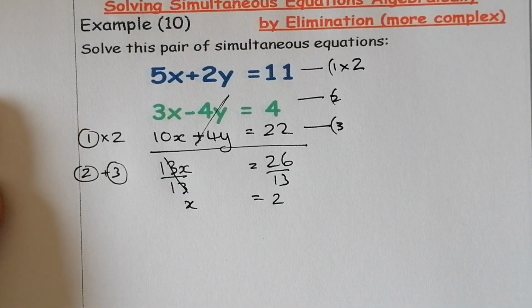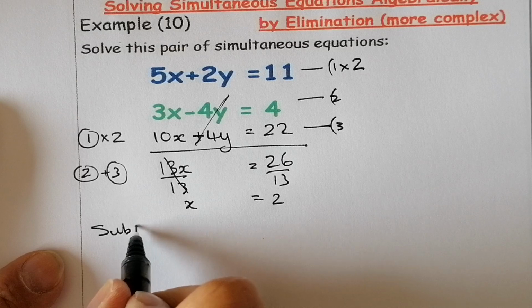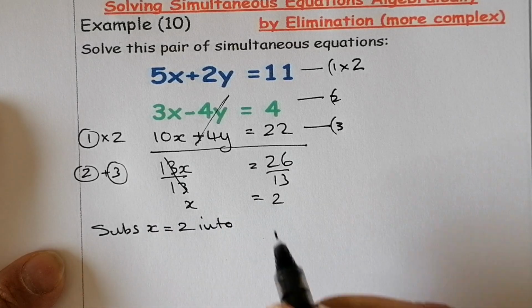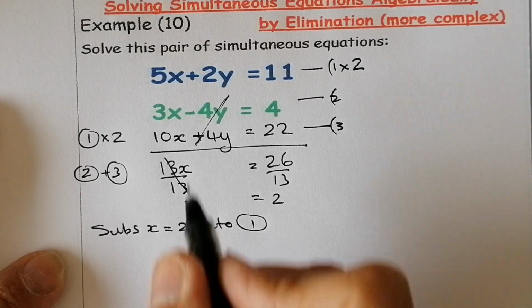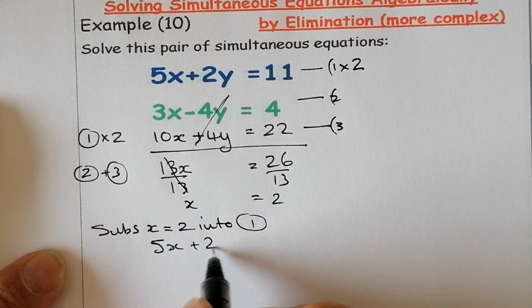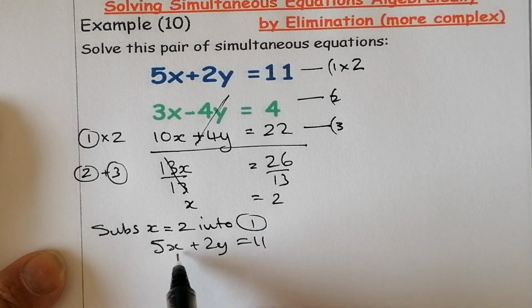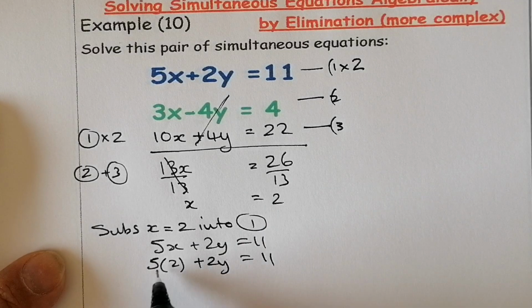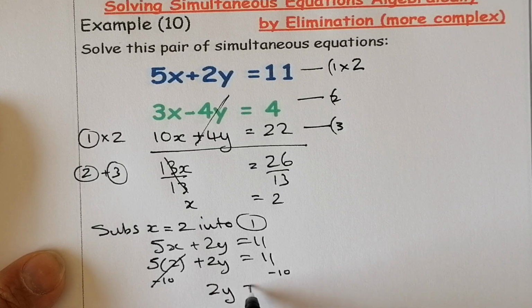So I've got the first variable. And what I'll do is I'll substitute x equals 2 into equation number 1. Right, so 5x plus 2y equals 11. I'll substitute my 2 in here, so that'll be 5 times 2. So that should give me 10 when I multiply that. So if I take 10 away from both sides, that'll get eliminated, leaving me with 2y is equal to 1. And then all I'll do is divide both sides by 2,